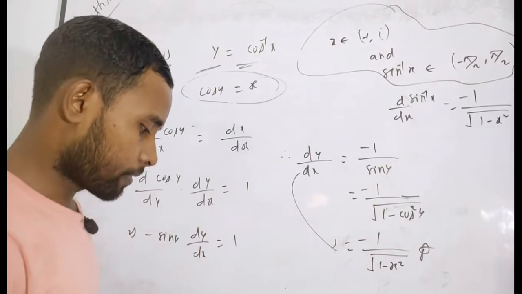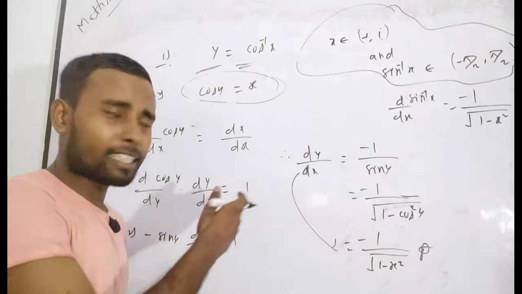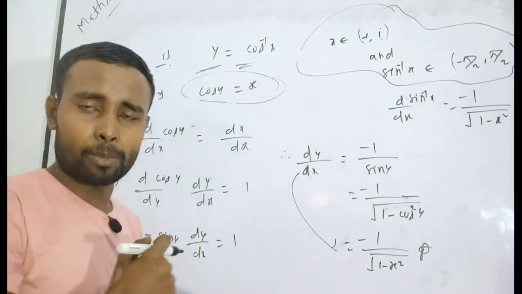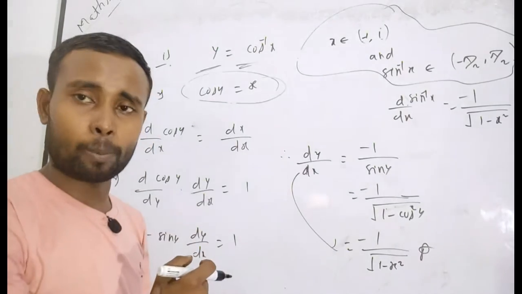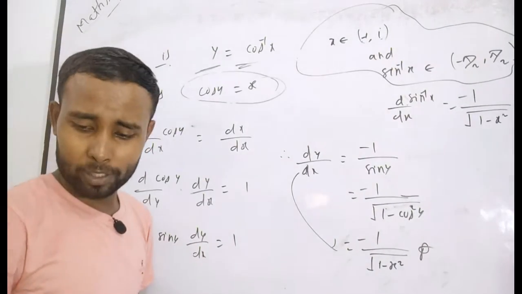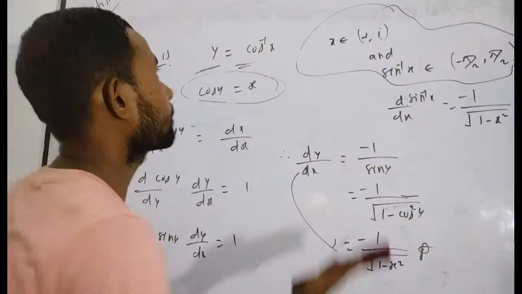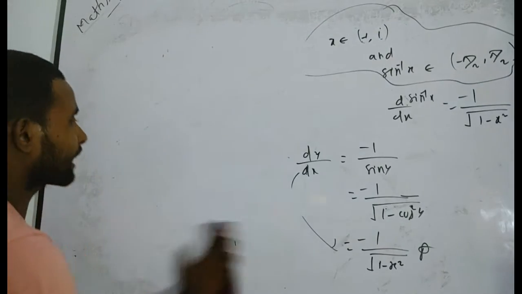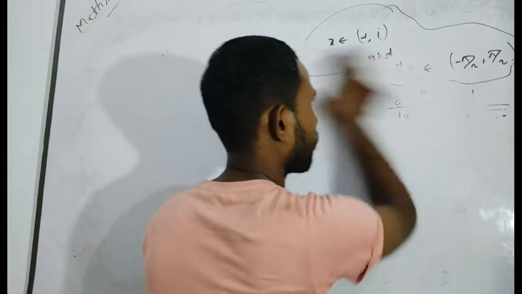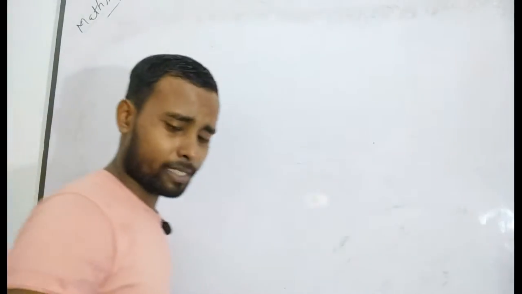Take the next problem. The derivative of cos inverse x is equal to minus 1 upon root over 1 minus x square. Actually, there is also another method through which you can solve it. How can you solve it? I want to suggest a further method for it. That was the first method; sin and cos I have completed.